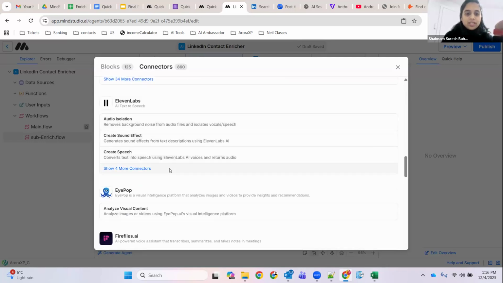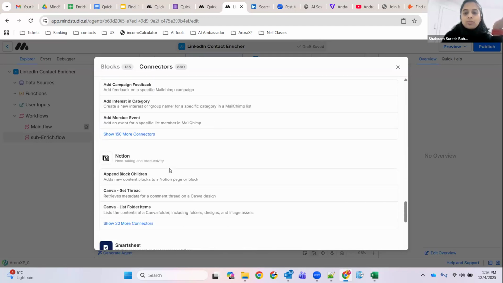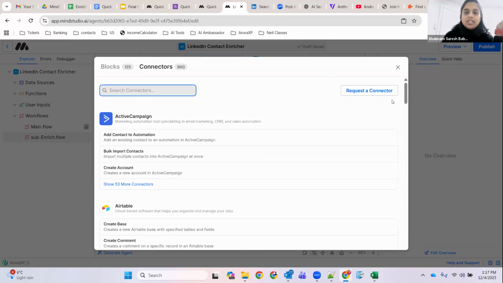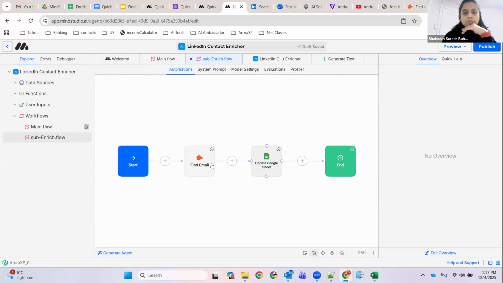ElevenLabs for video generation, edit, and all of that. And there are so many. You name it and it's there. In case it is not there, you can even request a new connector from the MindStudio team and they will add it in a day or two. They are very quick. There's an active development team and there's a very active community behind this. I will be talking over the blocks a little more later, but for now, let's continue on the workflow.